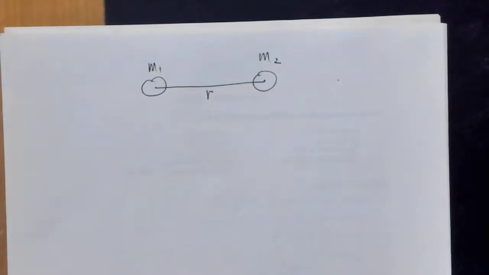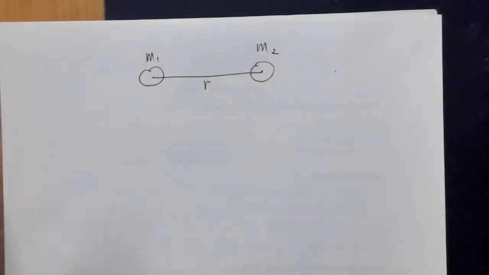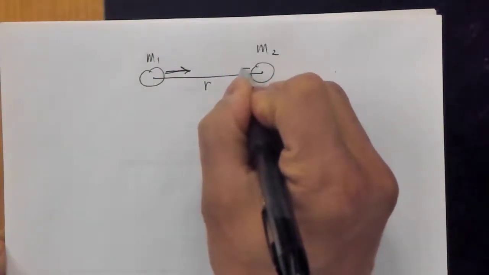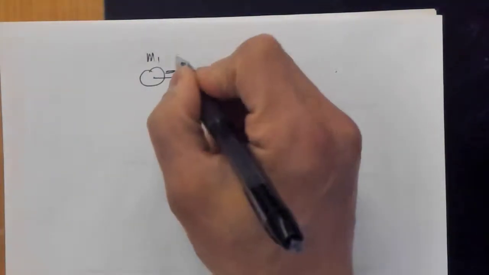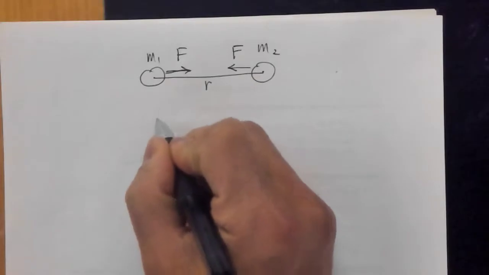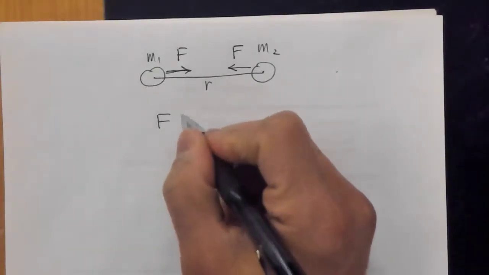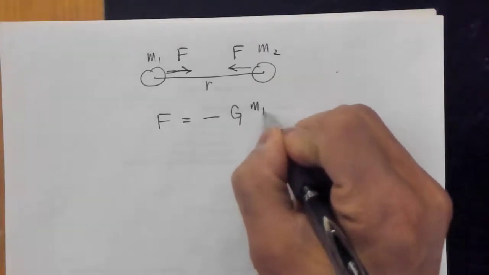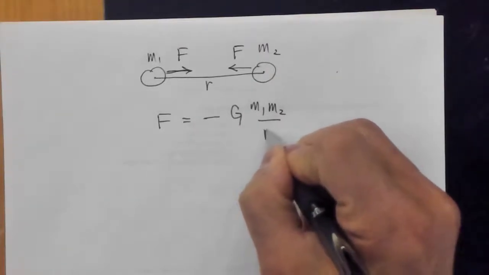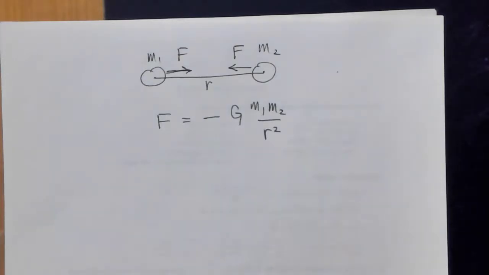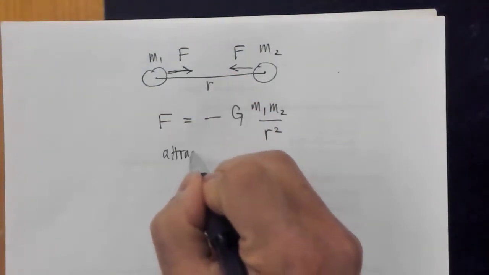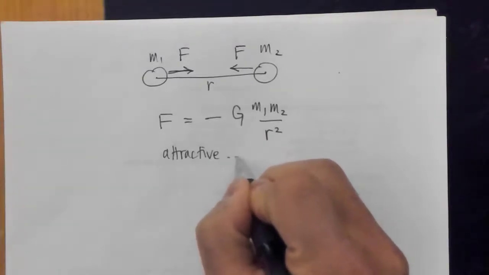Okay, so last time we talked about the universal law of gravitation. Any two masses attract each other. The force just pulls the masses together, and the magnitude of the force, F, is minus capital G m1 times m2 over r squared. And so, in terms of the direction, it's attractive. Okay? Pulls